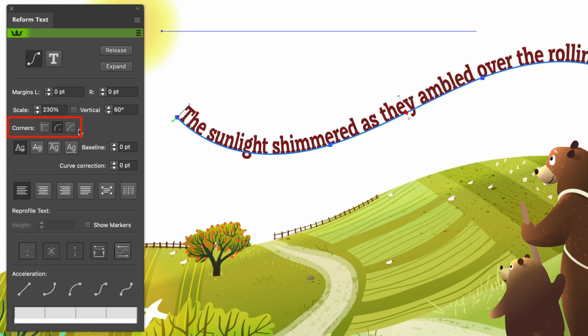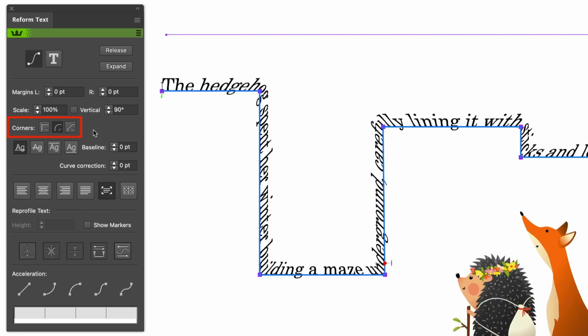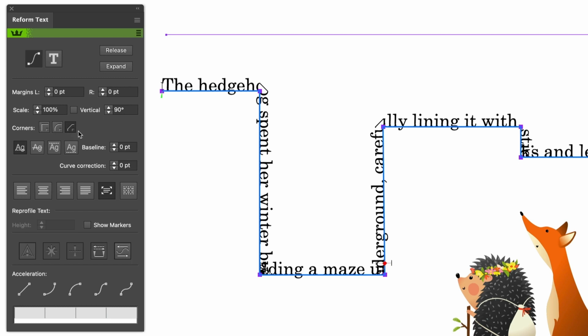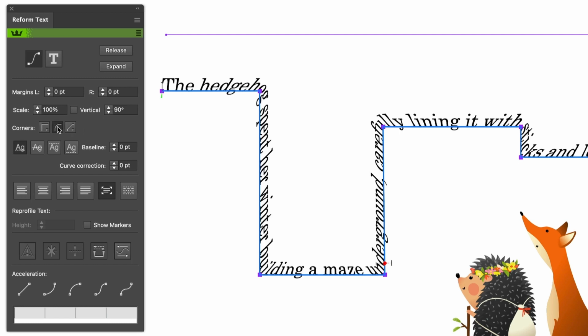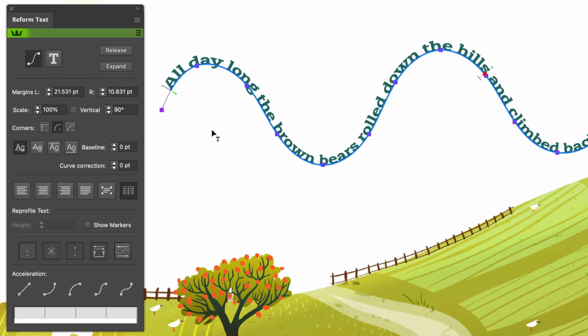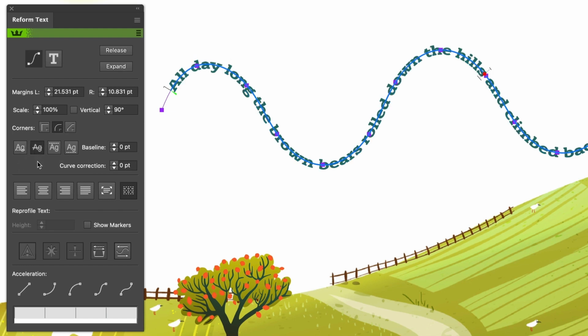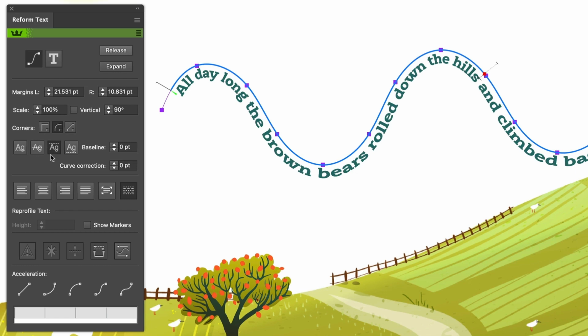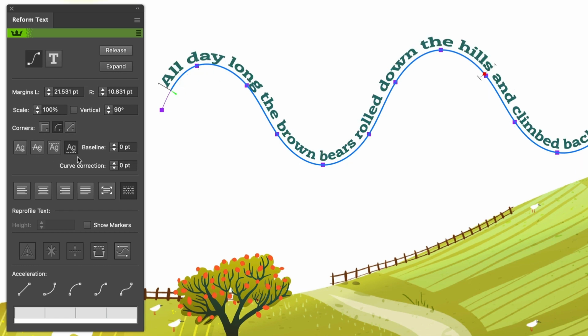We also have three corner settings here, which I'll demonstrate on some text that's flowing along a path with hard corners like this. And we can change from a mitered corner to a rounded corner or to a beveled corner. And I'll change this back to rounded where it's most legible. Next, we'll move to another example where we have a really dramatic curve, and we can look at these buttons which control the position of the text in relation to the path. By default, the baseline of the text is sitting directly on the path, but I can change that to center it on the path. Or I can align it to the ascenders of the type or the descenders.